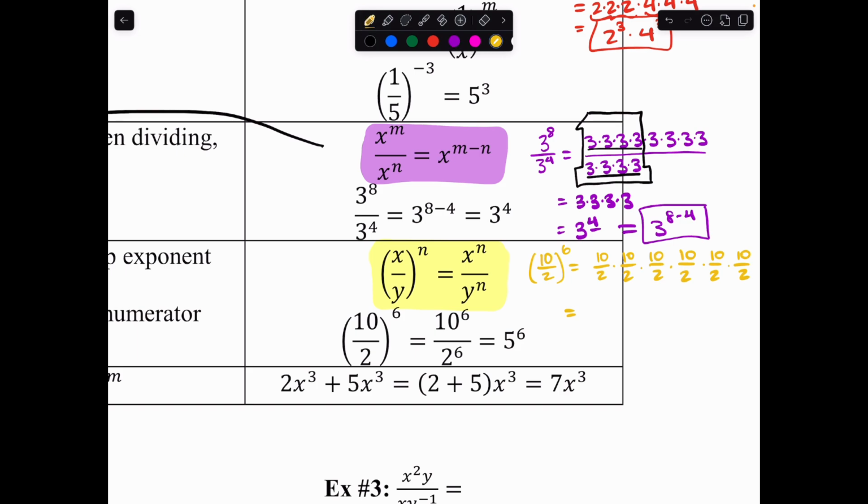And again, hopefully you can see that this is 6 factors of 10 multiplied together to make our new numerator, and 6 factors of 2 multiplied together to make our new denominator. That's exactly what this property was saying. I'm not sure why you'd really use this for 10 over 2 to the 6th, but you would definitely use it if it was like 10 over x to the 6th, right? 10 over 2, you could reduce this right away and just say it's 5, and then you'd get 5 to the 6th as well. But anyway,